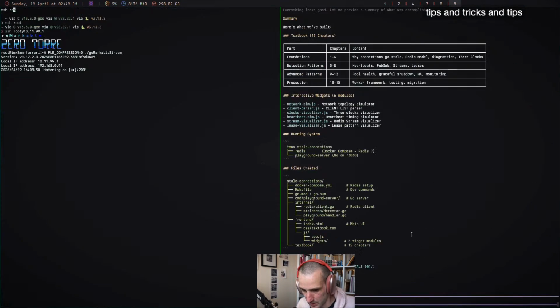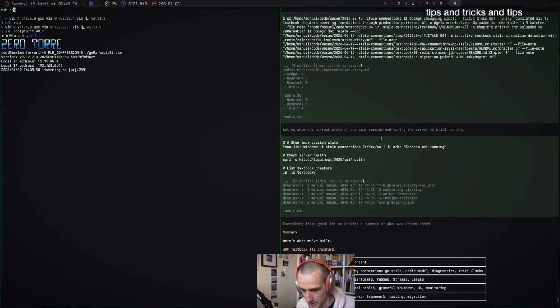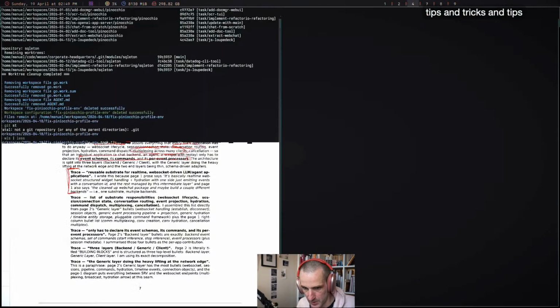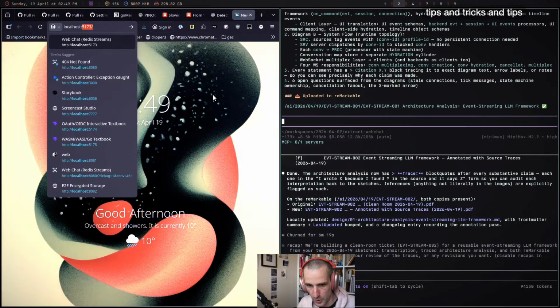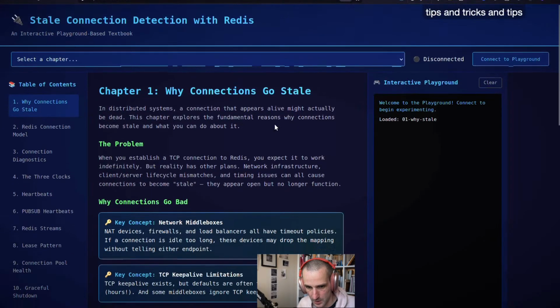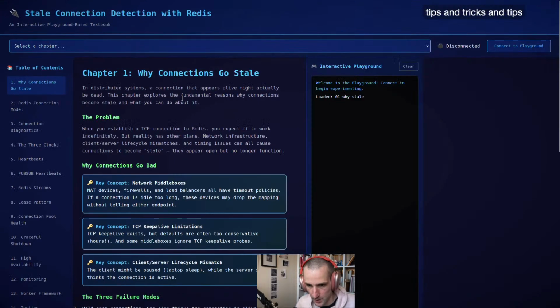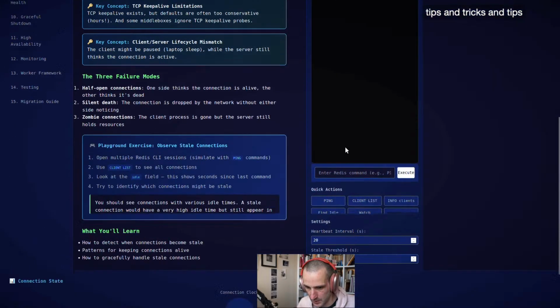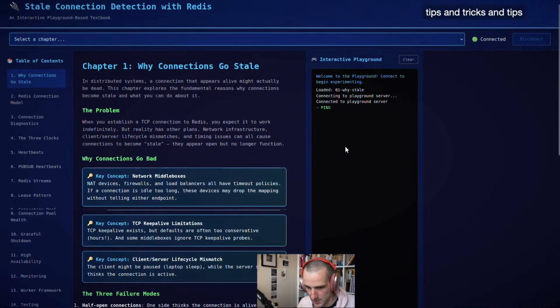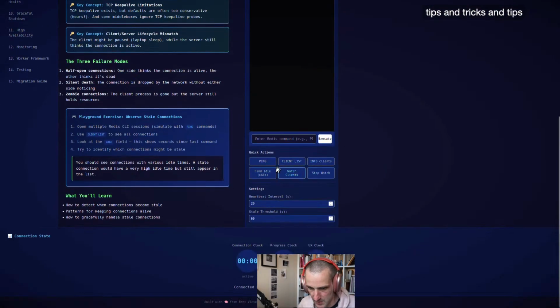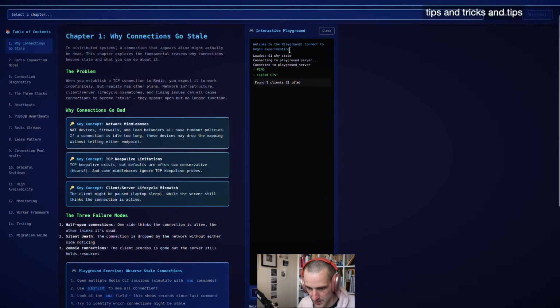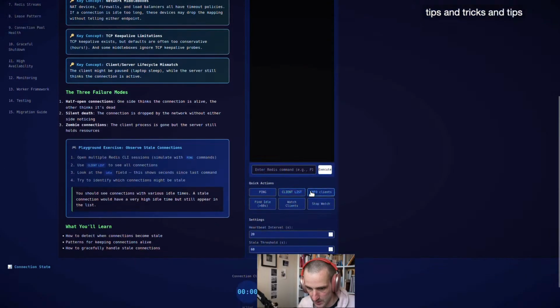Let's see what our little Reddit thing is doing here. So 3030 is the port it should be running on. All right, nice. Why connections go stale? Connect to playground. We're connected. Whatever that means. Let me see. We can do ping, client list. It found 3 clients, 2 idle.